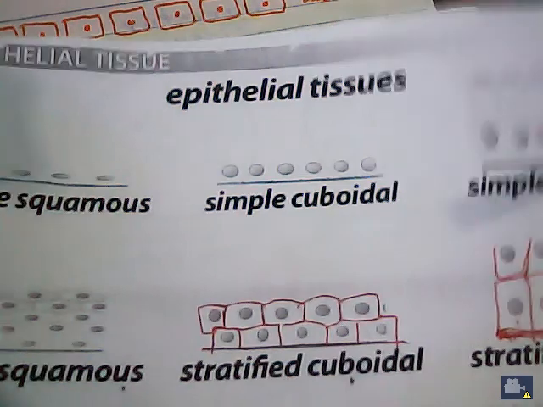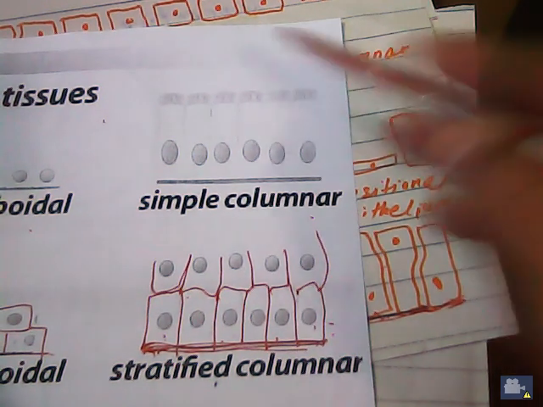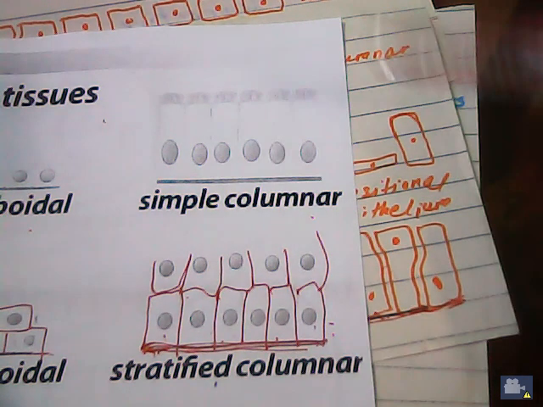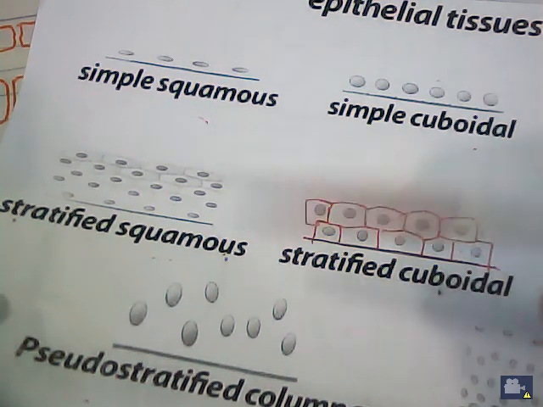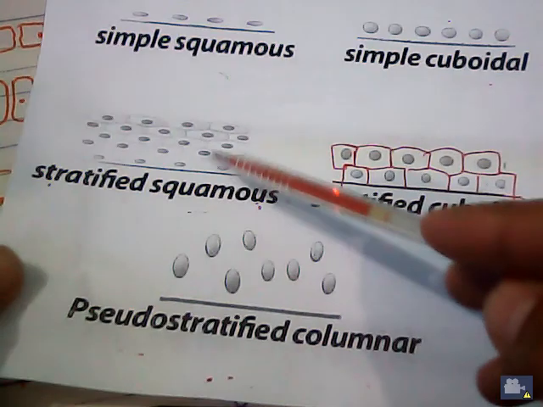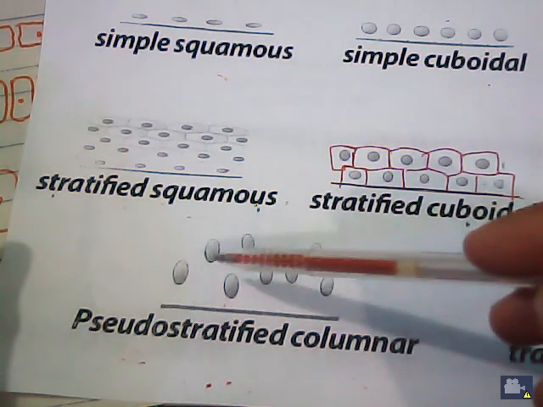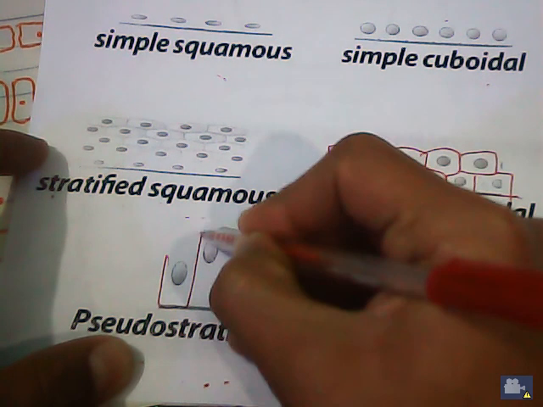So by now we understood there are basically three types of epithelial tissues: simple squamous, simple cuboidal, simple columnar. They make only one layer. There is no other layer above the first layer. But there is a second type of epithelial tissues, divided depending on their arrangement, that is stratified and pseudo-stratified. There is only one difference between stratified and pseudo-stratified: in pseudo-stratified all cells are attached